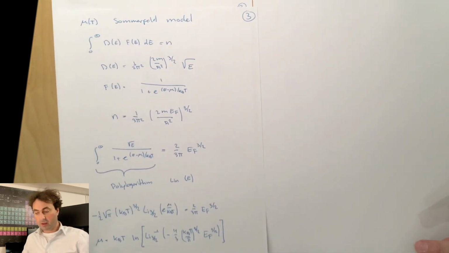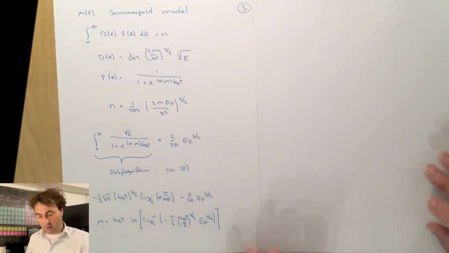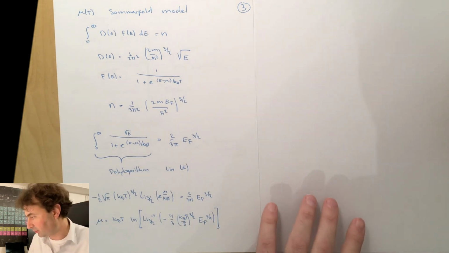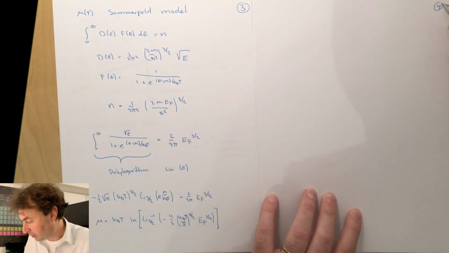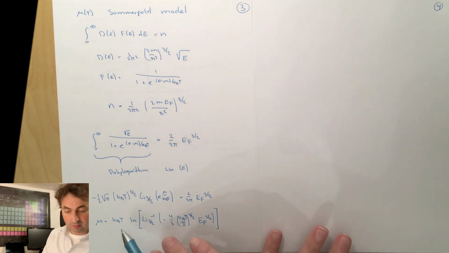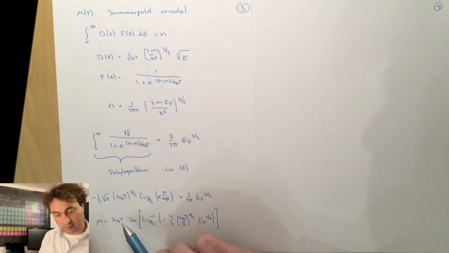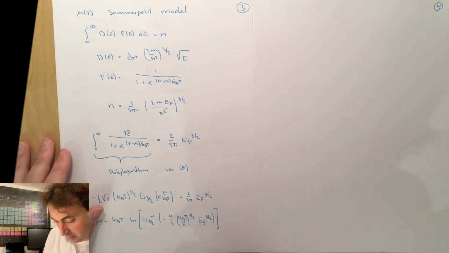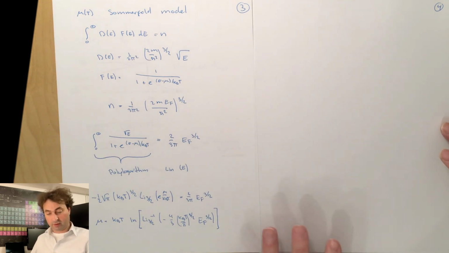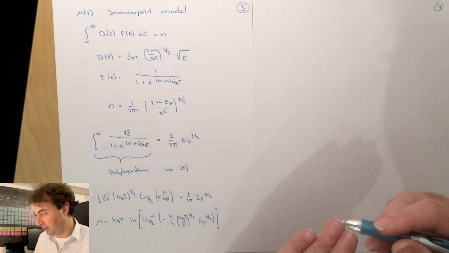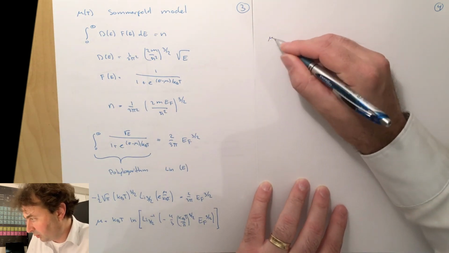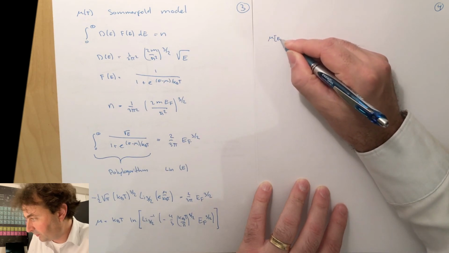Given this analytical expression, it's not so trivial to see what the behavior of your chemical potential as a function of temperature is. Especially as we know that at T equals 0, this has to be the Fermi energy, whereas here you have this T going to 0, but the logarithm of the inverse of a Pauli logarithm goes to infinity, such that the limit will go to the Fermi energy. But of course we can use our computers to make a plot